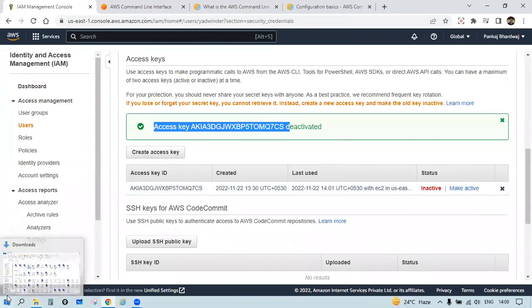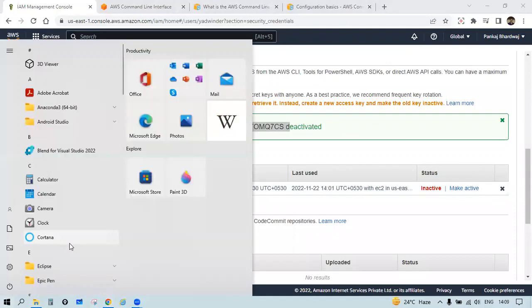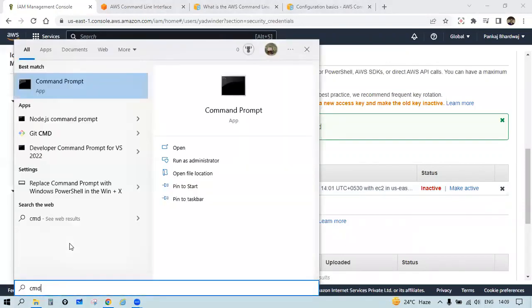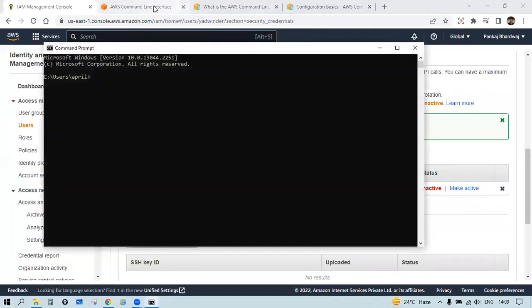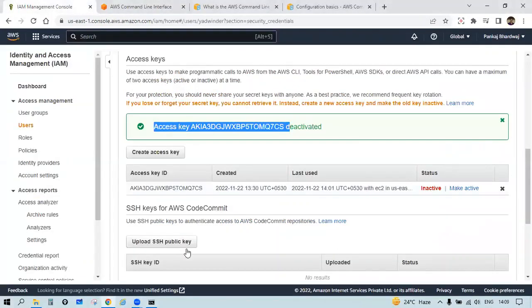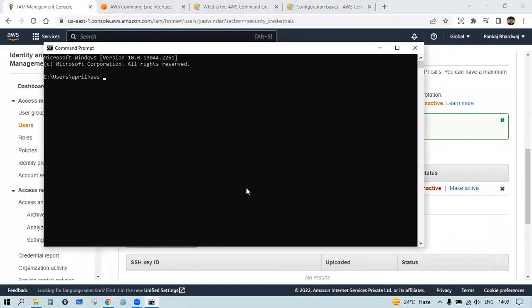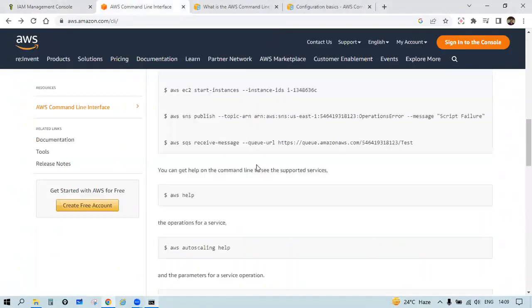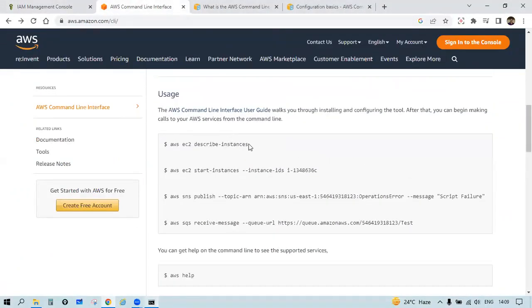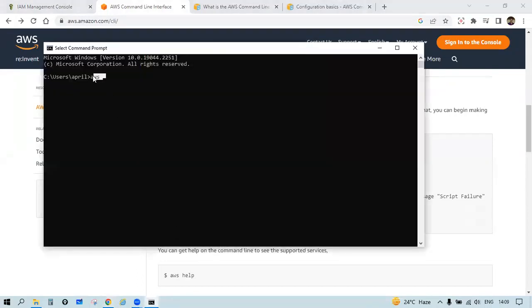अगर मैंने इसको deactive कर दिया है, तो let me go to the CMD once again, और मैं यहाँ पर कोई भी, suppose AWS, क्या था, describe instance, let me, yeah, describe instances, EC2 describe instances, इस पे क्लिक करते हैं, एक बार देखते हैं कि क्या होता है, ठीक है।